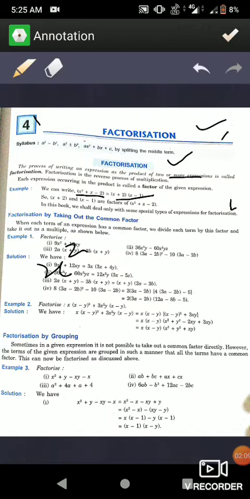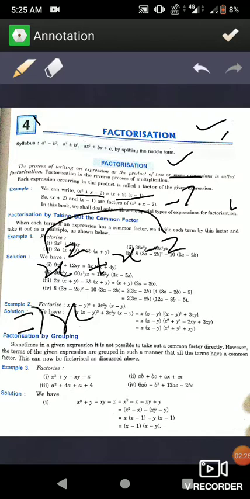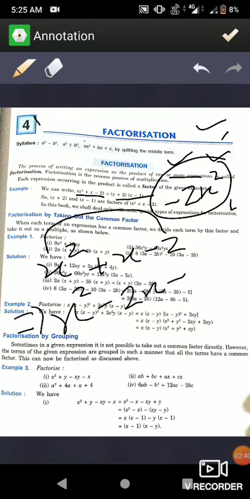Suppose x square plus x minus 2 is written here. You have to factorize this by the split term method. First we multiply the first and the last term, we get minus 2x square. So we have to split the middle term such that after multiplication we get minus 2x square: x square minus 2x plus x, multiply this, you get minus 2x square, and after subtraction and addition we also get these terms.